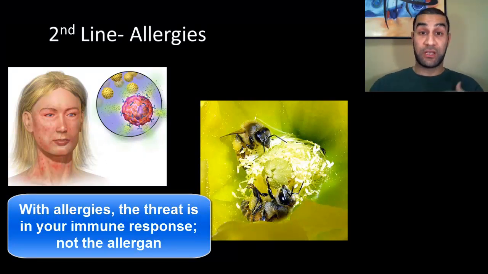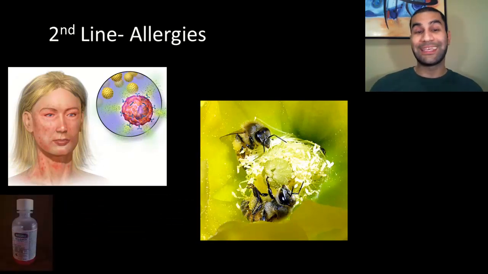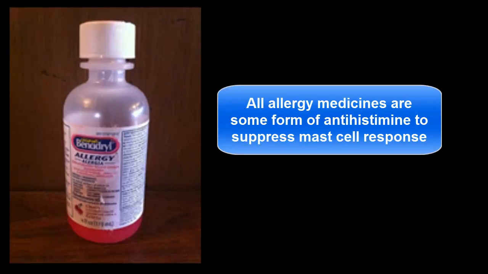So because we were talking about the release of histamine here because of these mast cells, most medications in relation to allergies to try to suppress and control your allergies are medications that are called antihistamines. And antihistamine is exactly what it sounds like. It slows down, or it's against the production of histamine. So if you have mast cells that are naturally sensitive to certain allergens and naturally release histamine whenever they're in presence of them, an antihistamine will just slow down your mast cells. So if your mast cells don't produce as much histamine, then you don't get as much of an inflammatory response